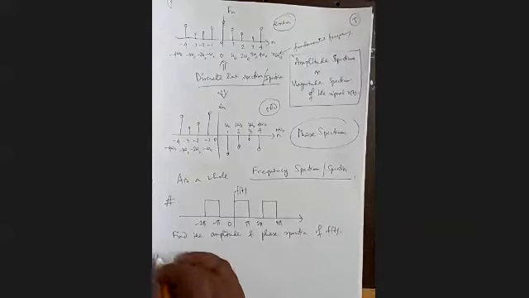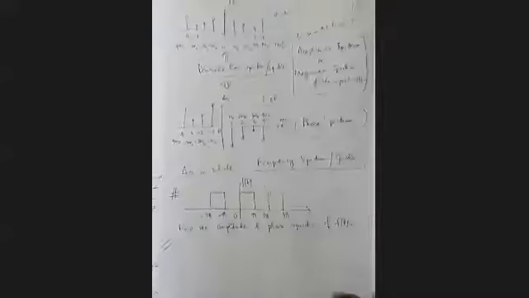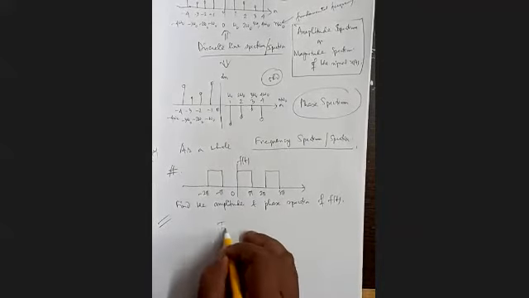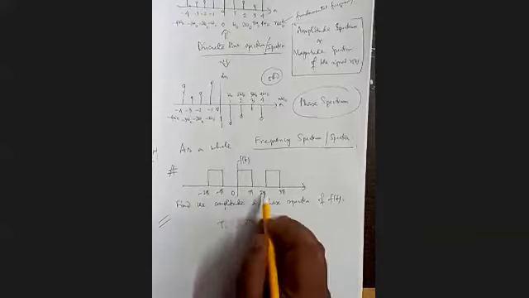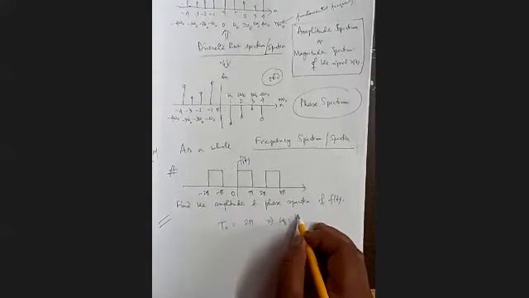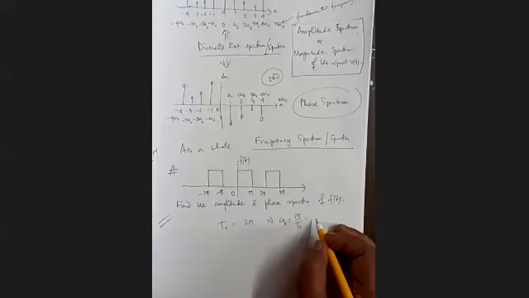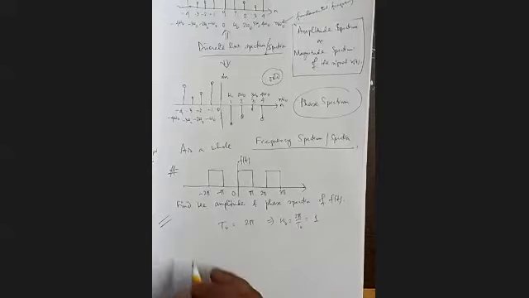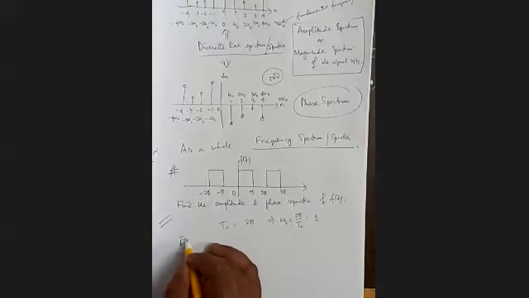This is our problem. Note that what is the time period of this signal? Our T0 is 2 pi. So 2 pi is the time period of the signal. It tells us our omega 0 is 2 pi by T0, which is 1. Let's now next. What is our Fn bar?